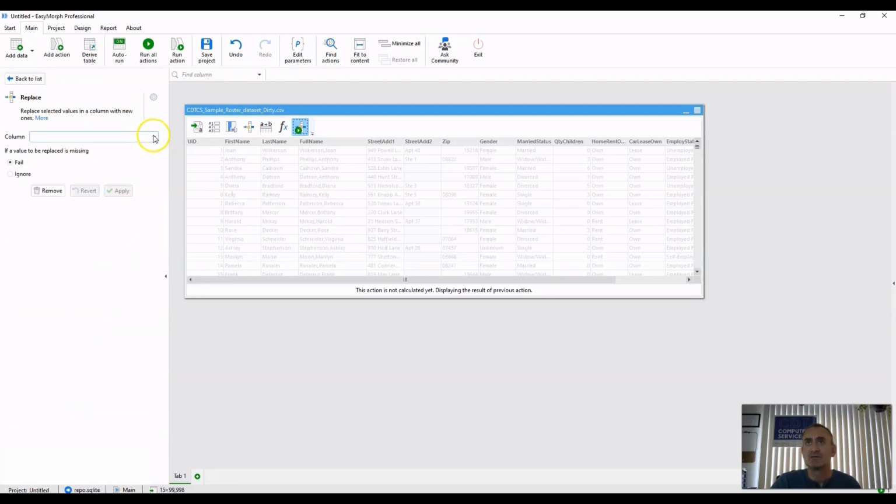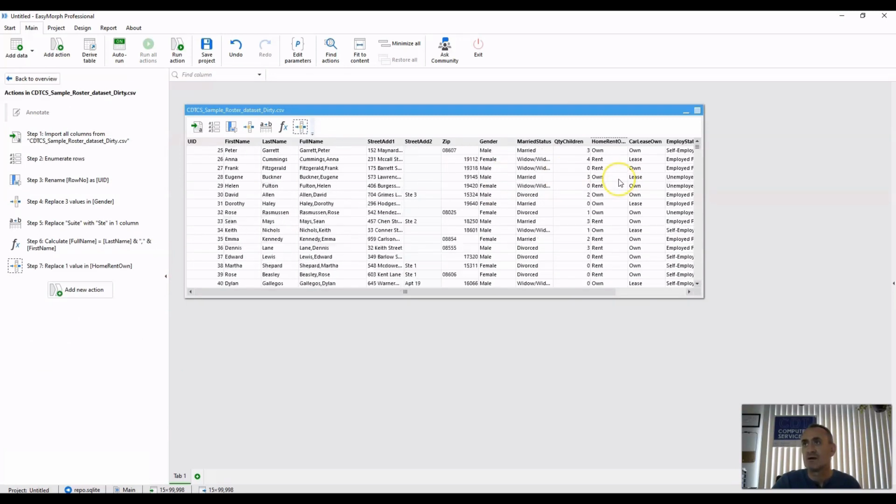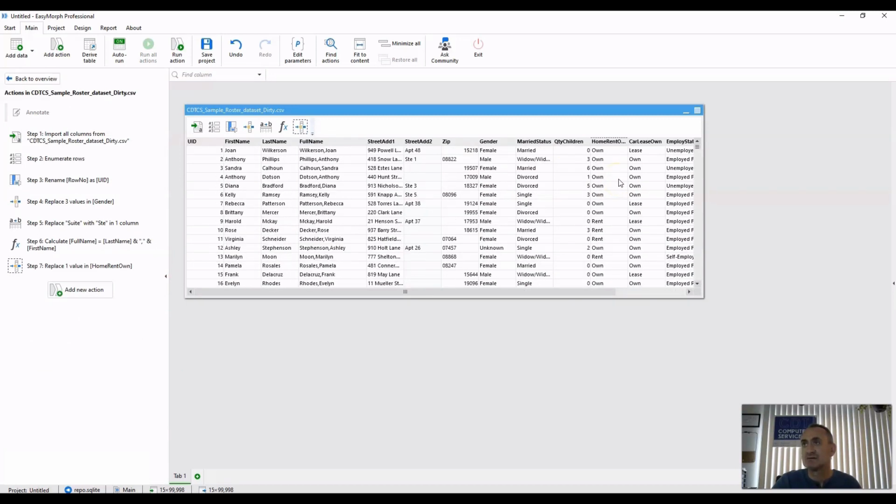Okay, so column, the first one is home rent own. And we can see the unique values. We only want to address the empty. Okay, empty, we're going to convert to unknown. Again, we want to ignore if we don't find the value and hit apply. Okay, home rent own now should show unknown for the empty values, and it's easy enough to